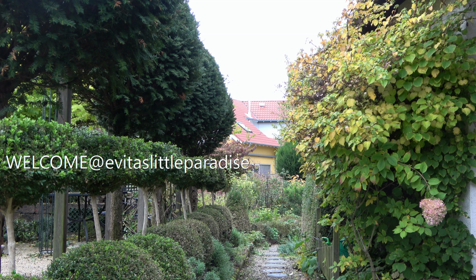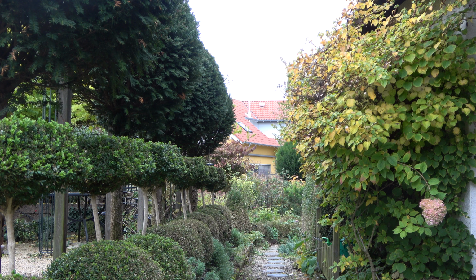It is very mild today, but it looks like there will be rain coming down very soon. And I would like to take care of the hydrangea climber that I have here on the north wall of our house. I haven't pruned this really hard for a few years, and I would like to do that today